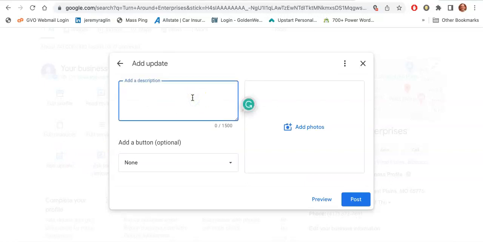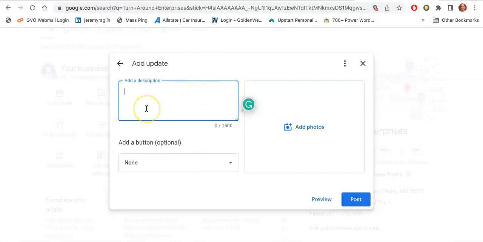So for example, let's say that you're promoting a sale at your physical storefront business. You would type in what you're selling right in there, be as descriptive as possible. Keep in mind that you have 1,500 characters that you could put in there. So you really want to focus on writing a good quality update that's really targeted towards the people that you're trying to connect with. Same thing if you have a service-based business. If you're promoting anything regarding your business, like maybe a special pricing, whatever it is, you want to be as descriptive as possible when you're putting in